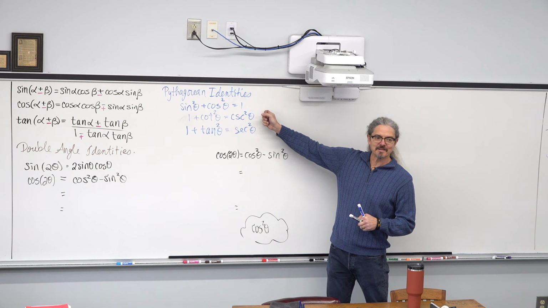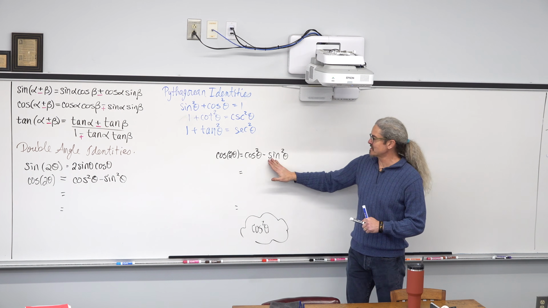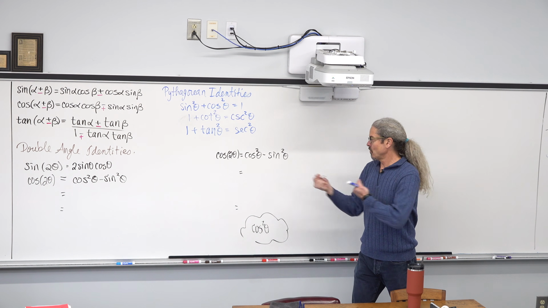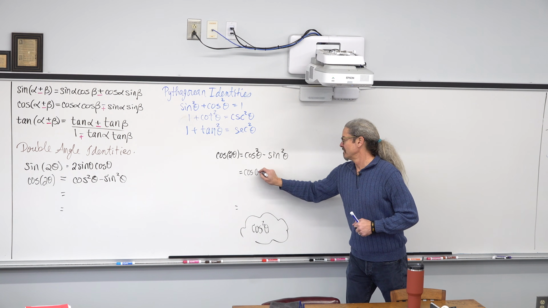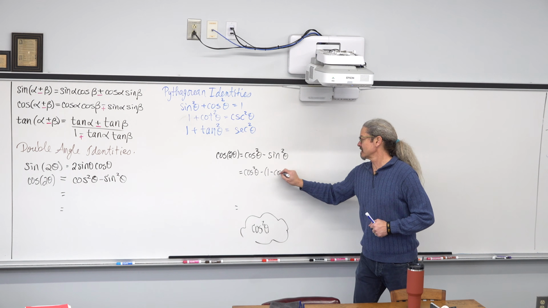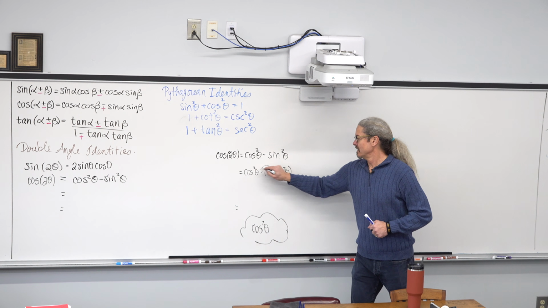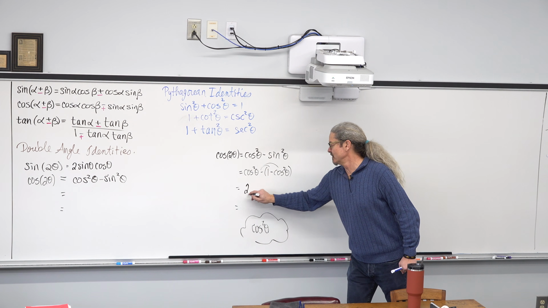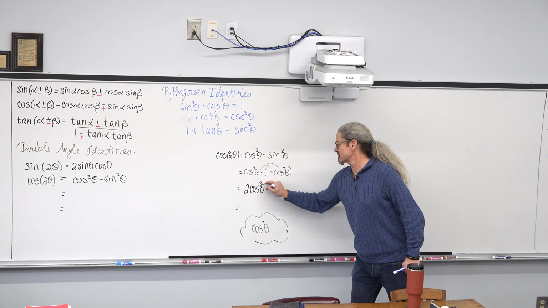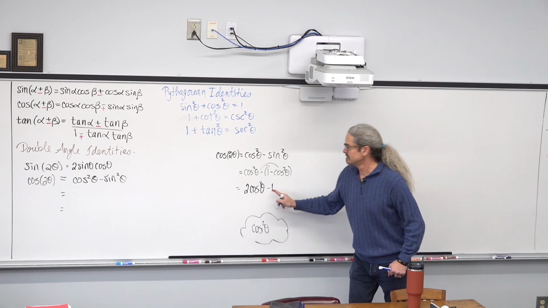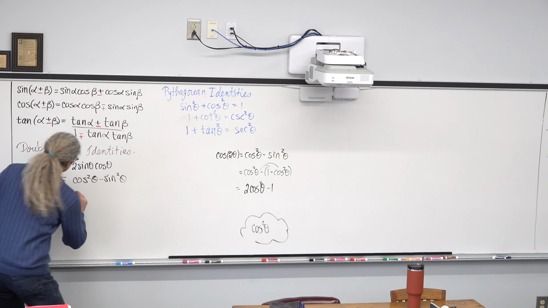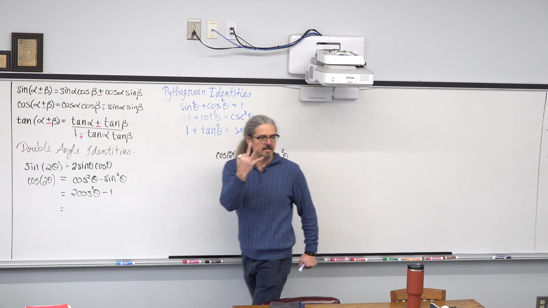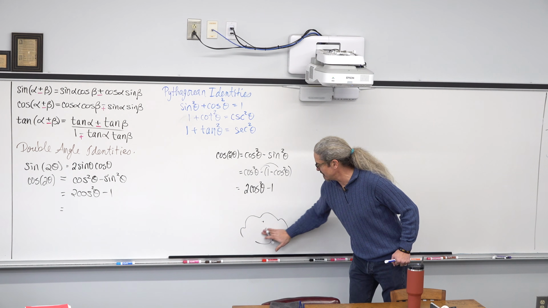And that's part of the reason I needed to pause and put these Pythagorean identities up here. We're going to do substitution and take out sine of theta squared and replace it with 1 minus cosine of theta squared. Distribute the -1, combine like terms, and we get 2 cosine of theta squared minus 1. So that is the second of our 3 identities.